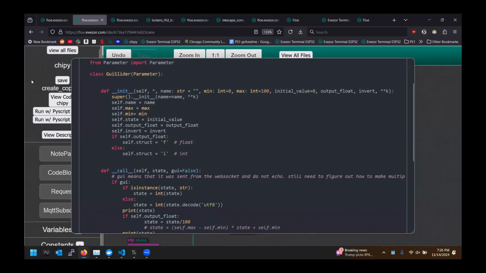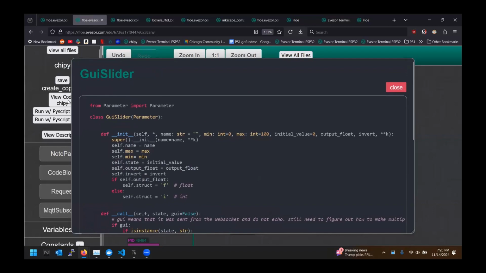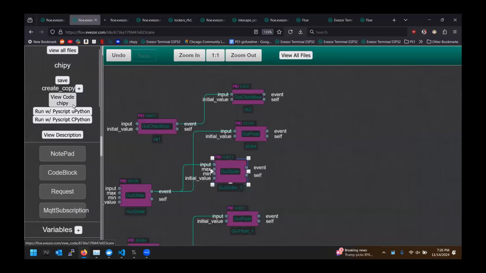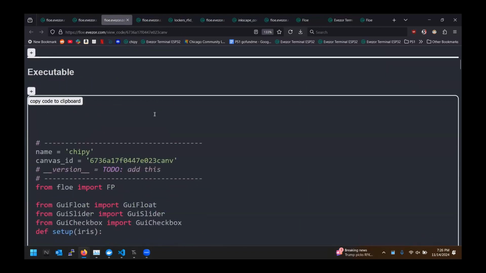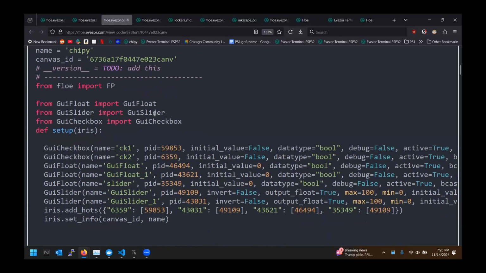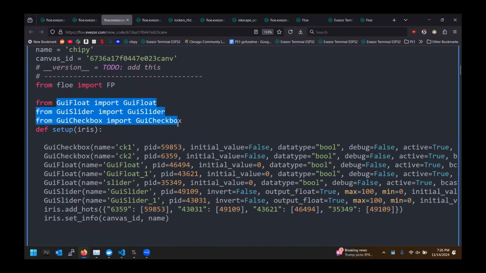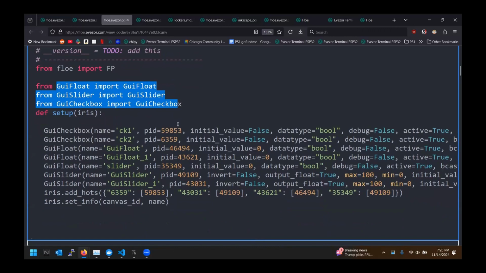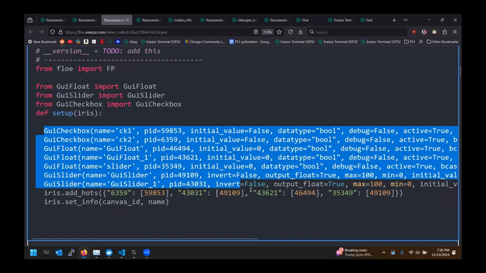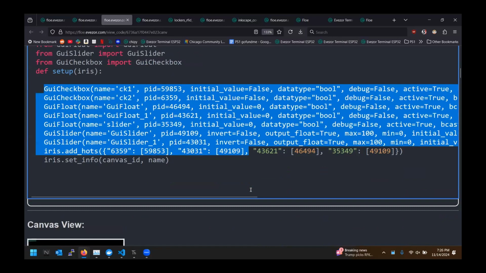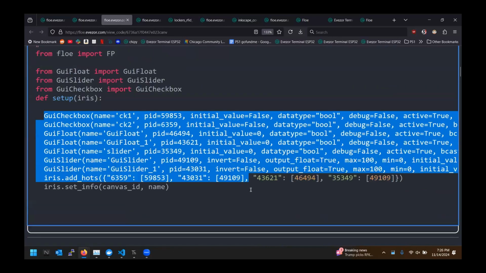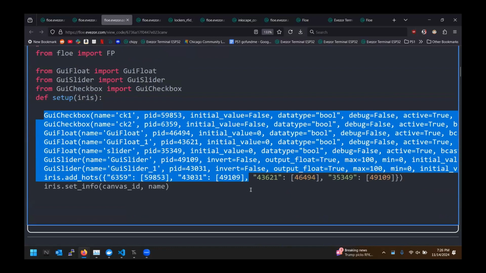So again, if we come back here just to the program that we just made, you can see here that this thing actually compiles to Python. So this is the program that we just made. It will automatically put in all the dependencies that you need, and will also generate a bunch of objects that is the code that you're going to be running. So again, we're kind of putting this shiny coat on the outside to make it a little bit more applicable to